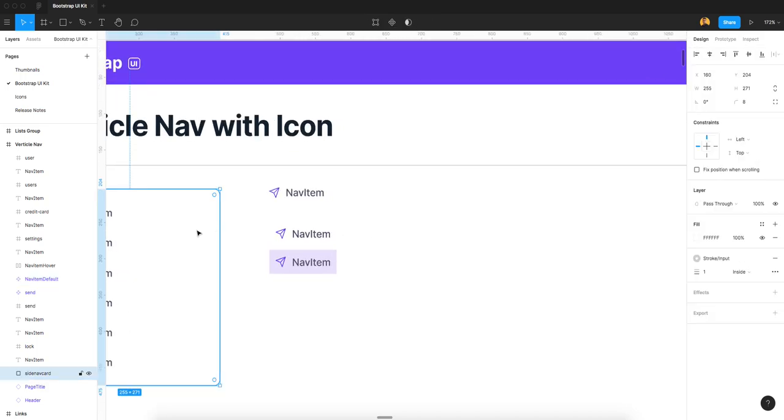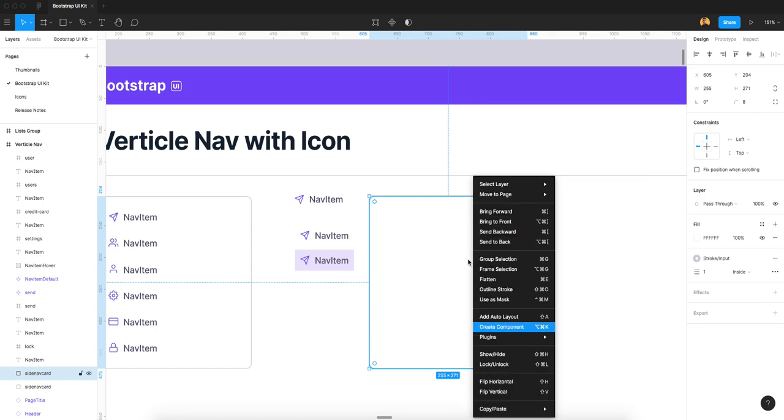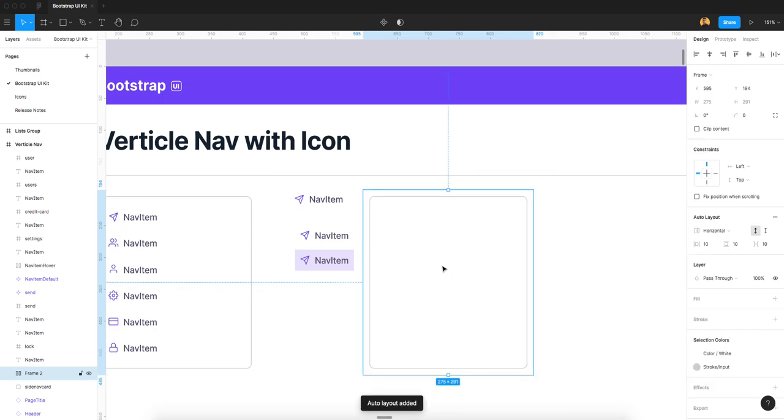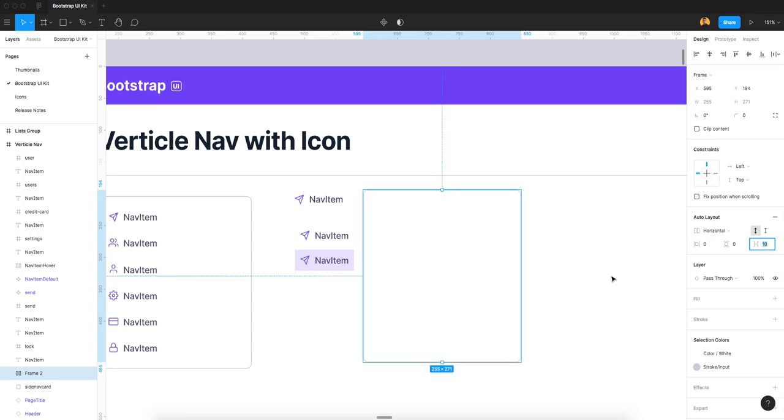So now I am copying this side nav card and in this card I need 4 side space equal. So I am going to use auto layout, click add auto layout. So see, you will find 10 padding from horizontal left right and vertical top bottom. I am going to set it to 0. Between space we have no element in this card, so we can't see this space.